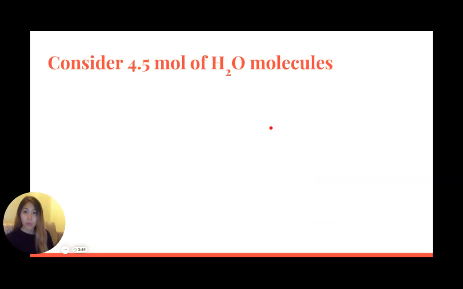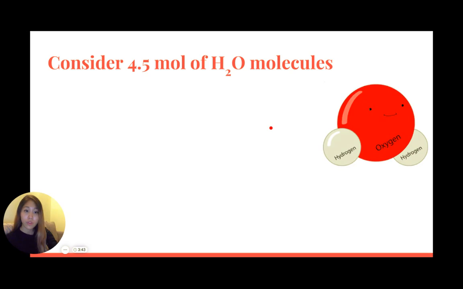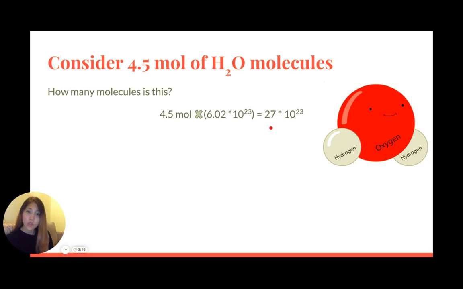Now let's take a look at an example. Consider 4.5 moles of water molecules. Water molecule is H2O, right? This means the oxygen is the central atom, and you have two hydrogens chemically bonded to the oxygen. So how many molecules is this? We are converting from moles to molecules, so we need to multiply by Avogadro's number. 4.5 moles multiplied by Avogadro's number gives us 27 times 10 to the 23